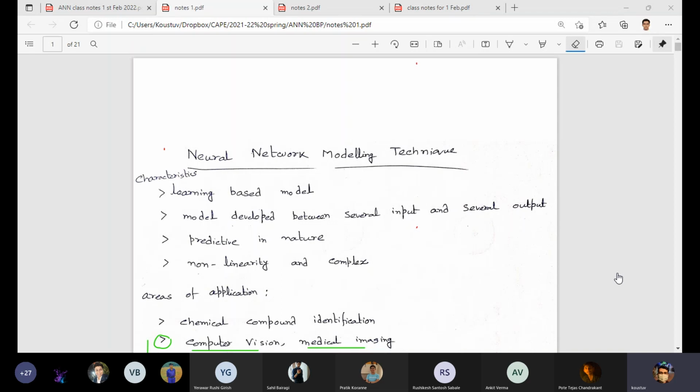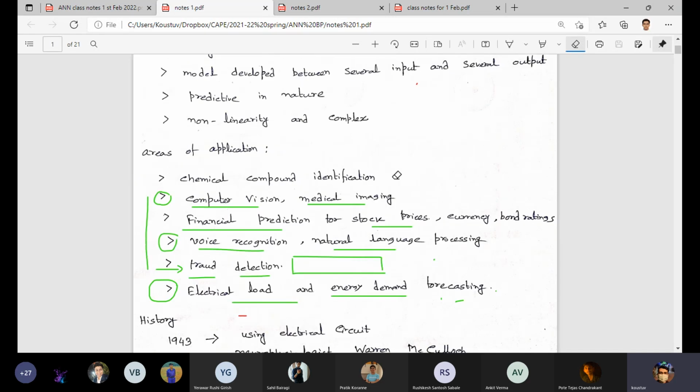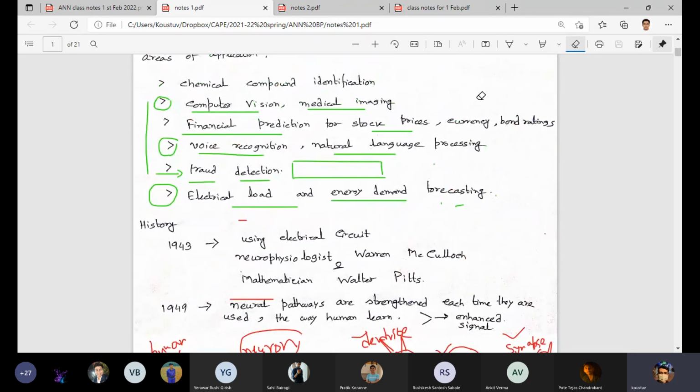But the reason I wanted to include this in the syllabus or in the course topic is as follows. Currently there are huge trends, and we are once again revisiting the neural network modeling technique in our conventional chemical engineering, or let's say traditional engineering subjects. Neural network modeling is not new. The question is rather of historical perspective.